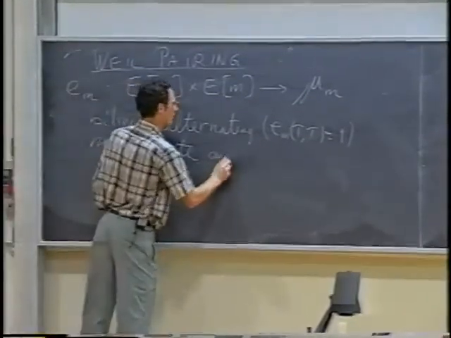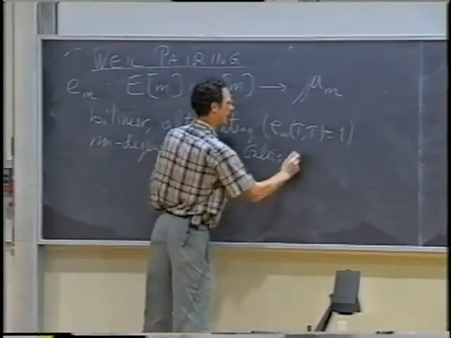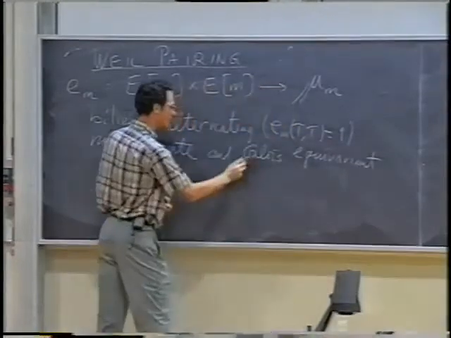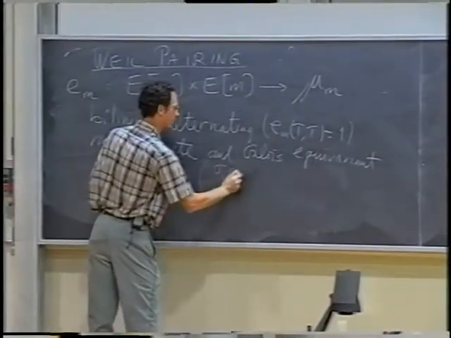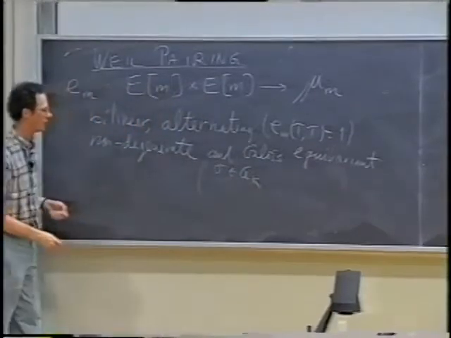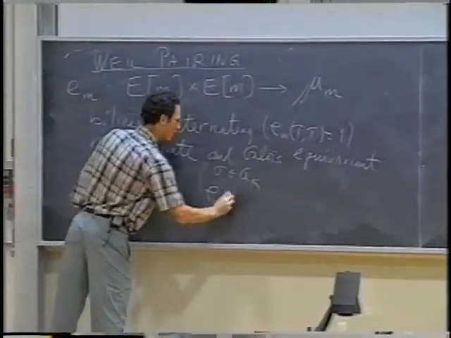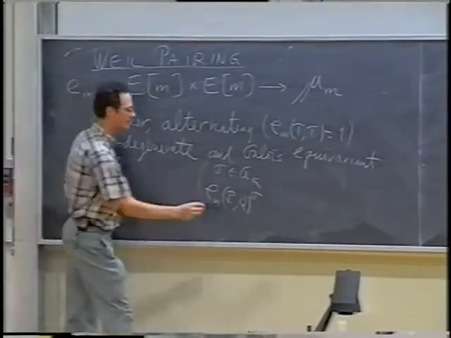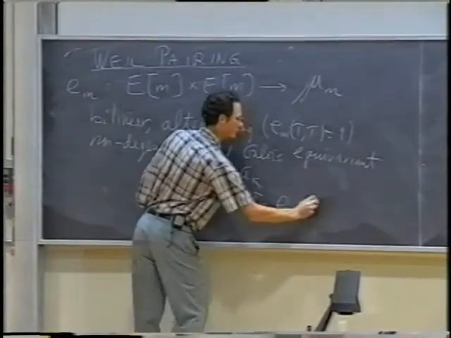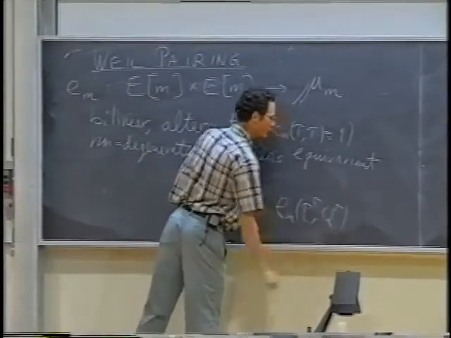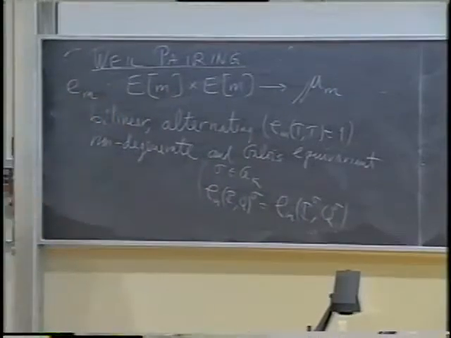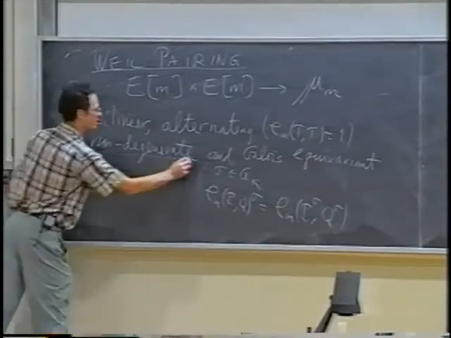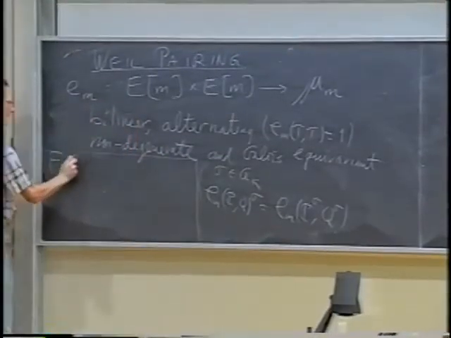And it's also Galois equivariant. In other words, if you take an element of the Galois group of k bar over k, then you can apply that to this mth root of unity, and that's the same thing as applying the element of Galois to the 2 points, and then pairing them. These fit together